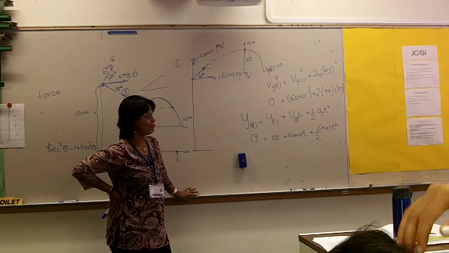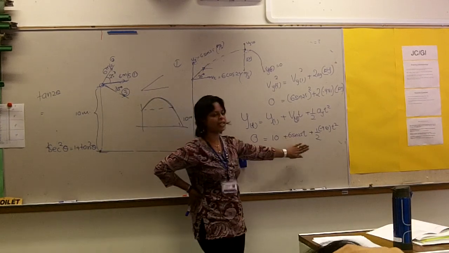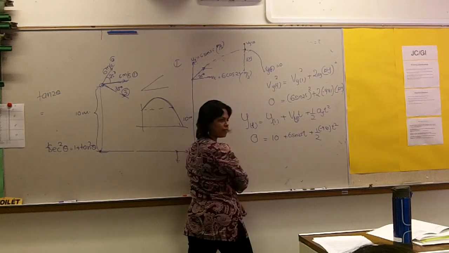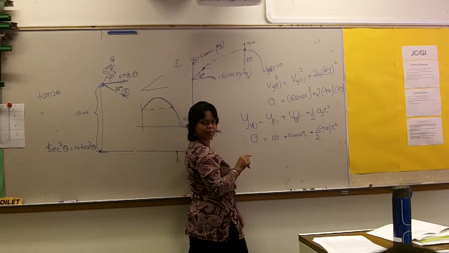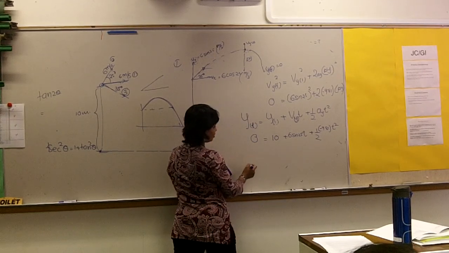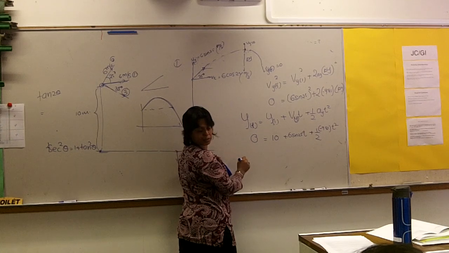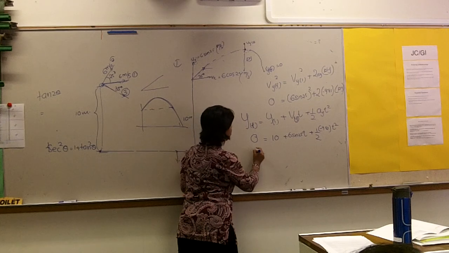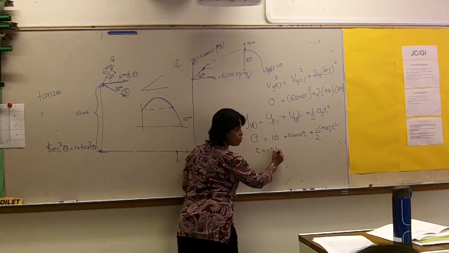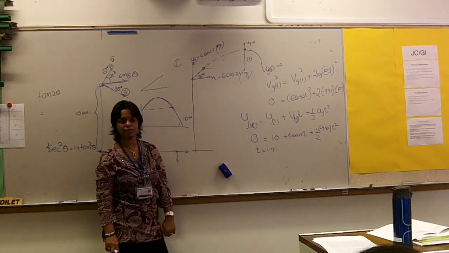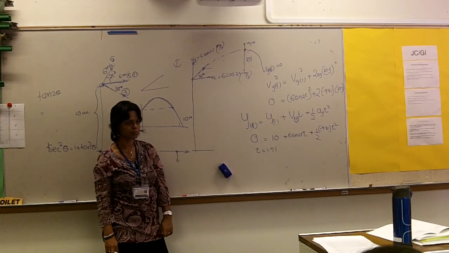So can we find our t from this? Now this is a quadratic, and you have the quadratic formula nicely, right? You just have to put the values, you get your t beautifully. So t is 1.71. Did you all get that? T is 1.71. To hit the ground, it takes 1.71 seconds. But that's regarding